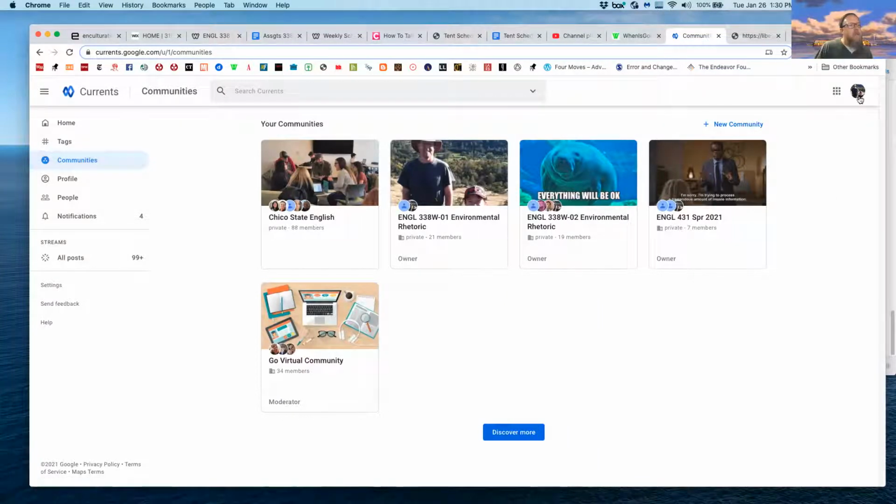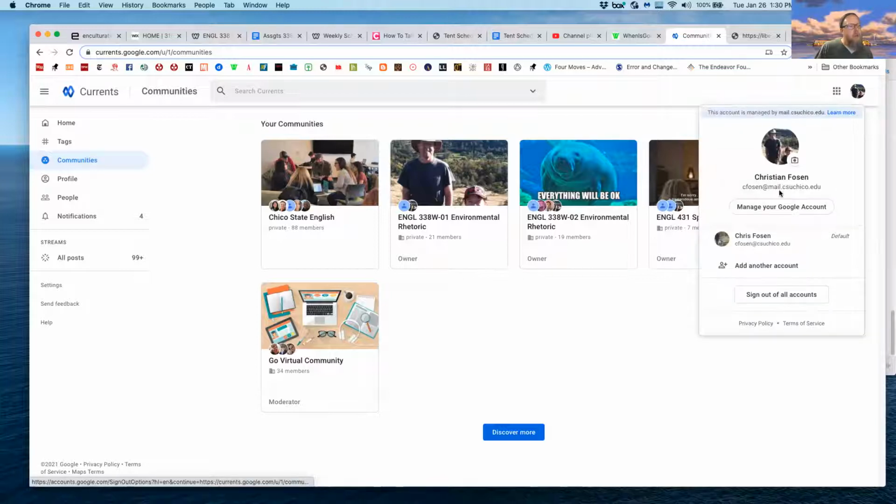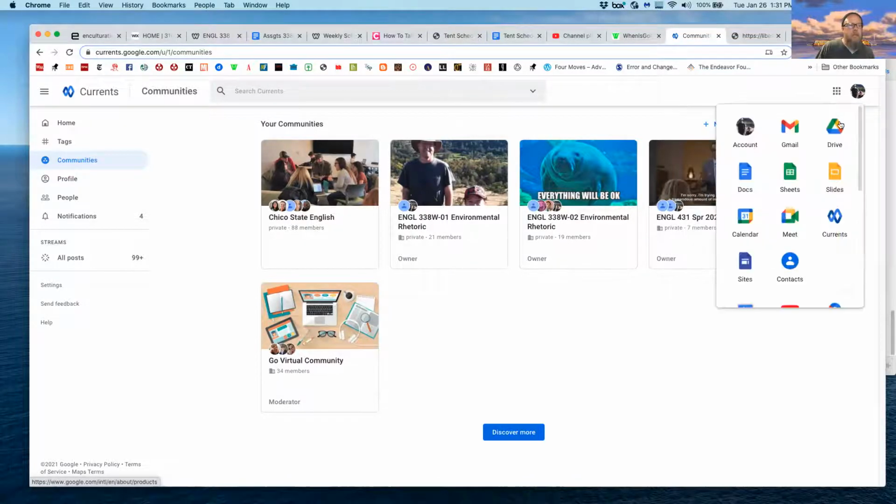What will be important to you is to remember you have to log in with your mail.csuchico.edu account in order to access these. In many cases, it takes you signing out of all your other Google stuff, your personal Google or whatever, in order to make sure that you're signed in via Wildcat Mail and perhaps the portal to your mail.csuchico.edu account. When that happens, you'll be given an opportunity to access all of these Google Apps for Education, and Currents is,